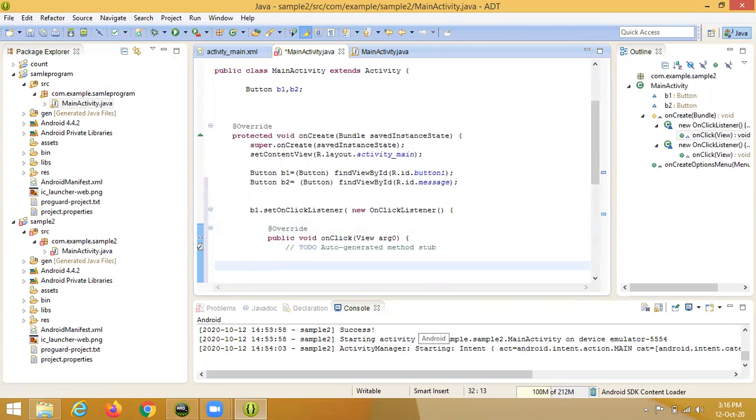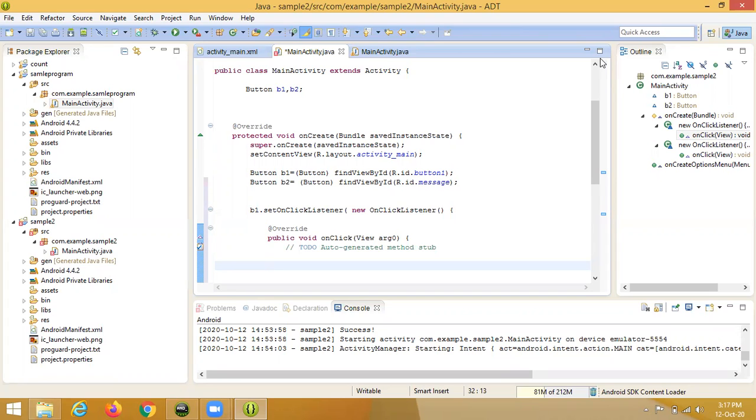Whenever we write something, we must write it in the button 1 handler. We show the message for 1 second to 2 seconds.